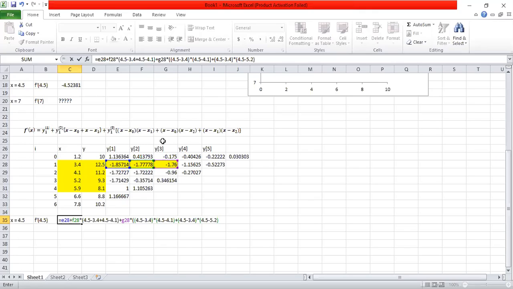So second product written, and the last product to be written is 4.5 minus second x value, and second x value is 4.1, multiplied by x minus